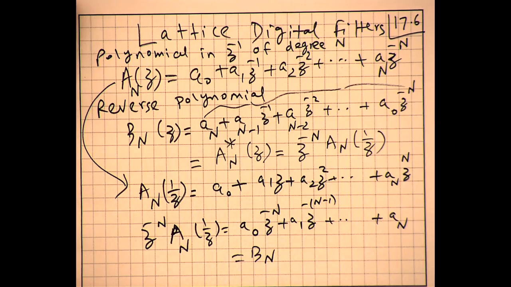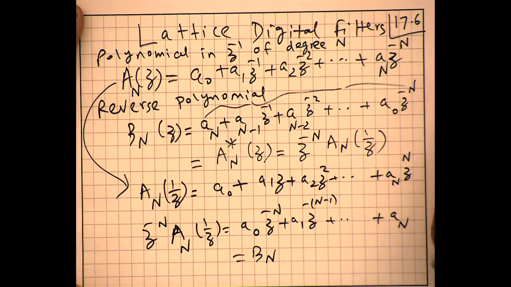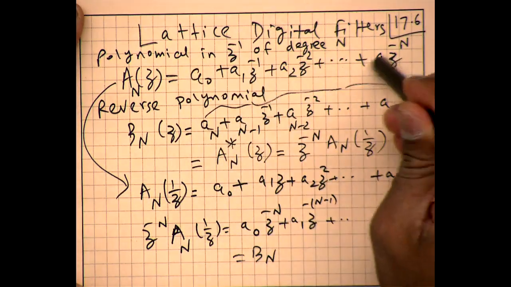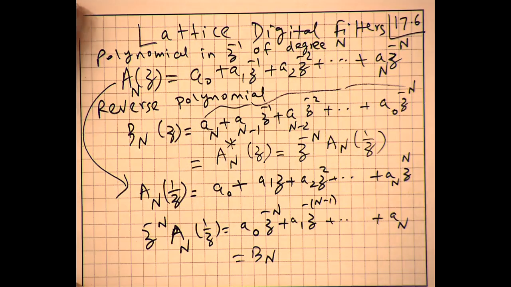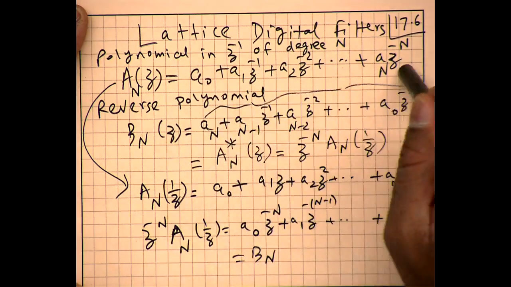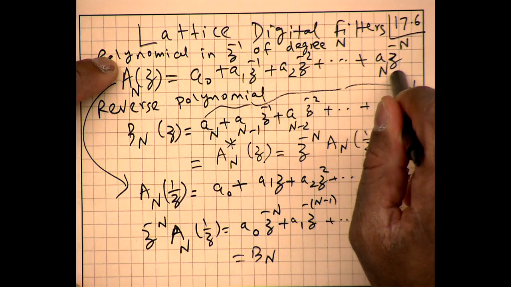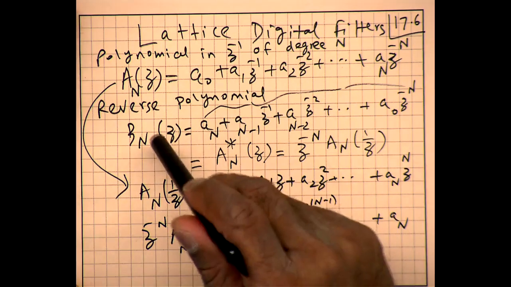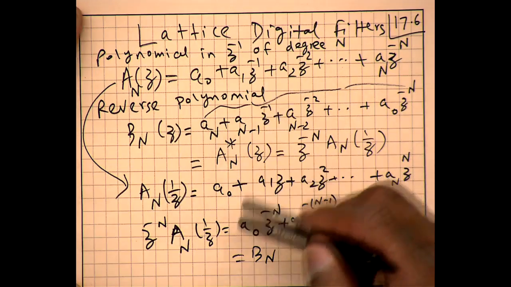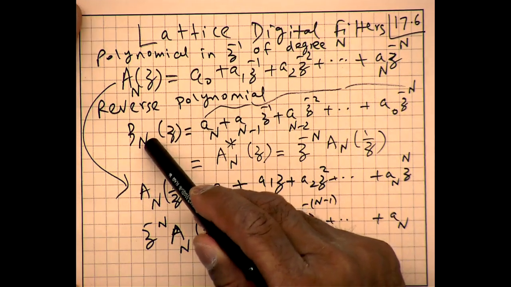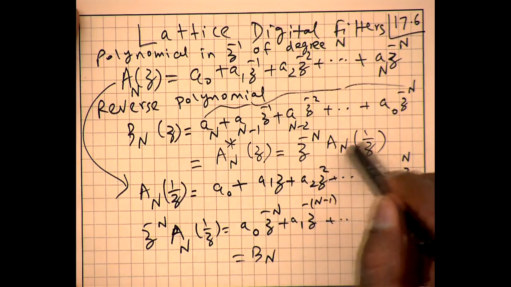So we start with a polynomial. If we are implementing an FIR filter, this is our H(z), nth degree polynomial. If we are implementing an IIR filter, this will be our denominator of degree n. So given a polynomial of degree n, I can then describe a reverse polynomial where the coefficients are reversed. And in a formal manner, the reverse polynomial Bn is defined as z to the power minus n, An(1/z).